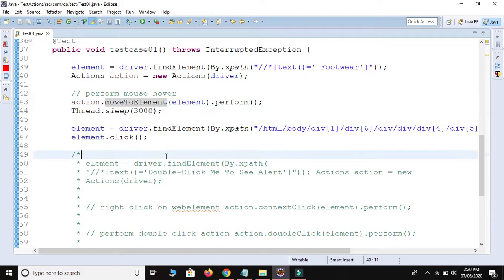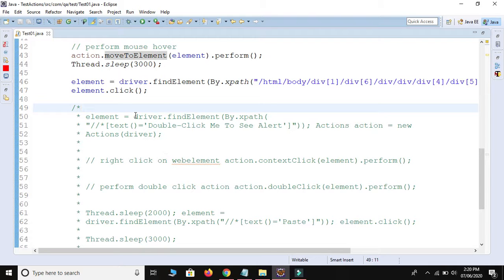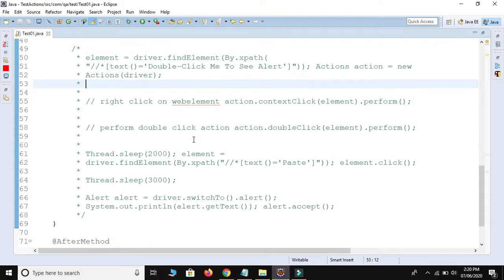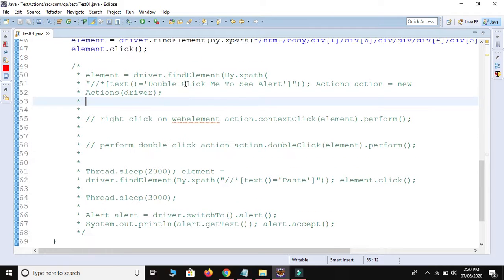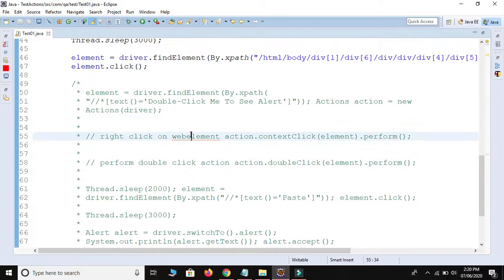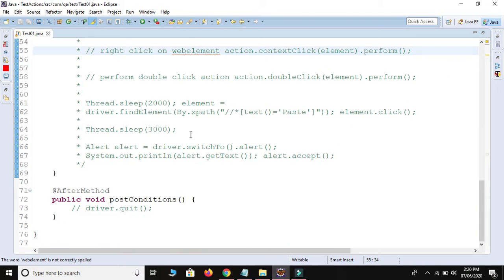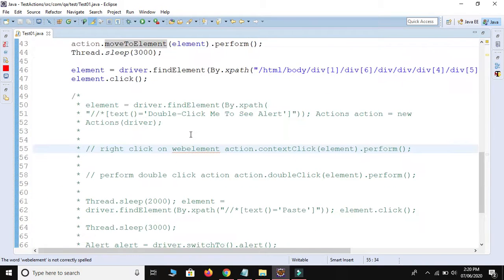Okay, this is the way to perform double click on the web element. Okay, this is for the double click. Okay, and this one is for the right click, I think. Let me check. Okay, element actions. Yeah, this is for the right click.